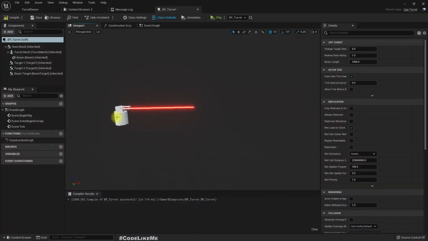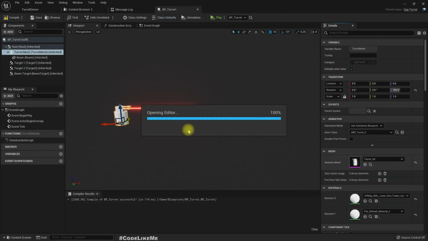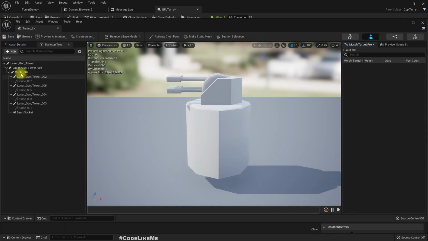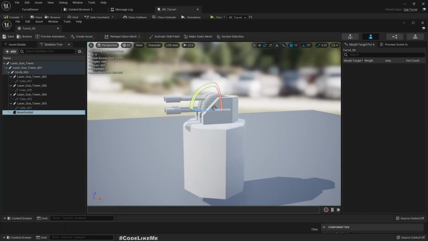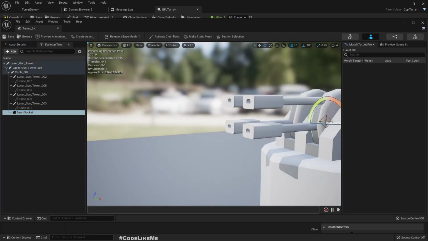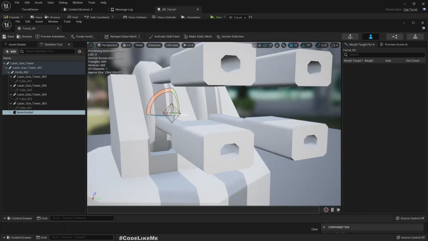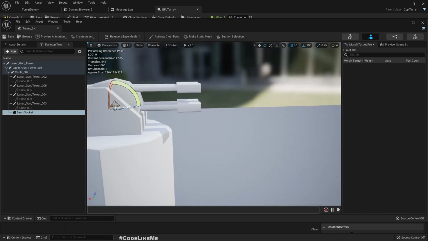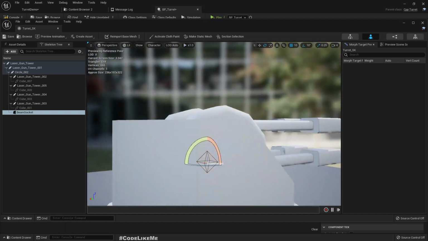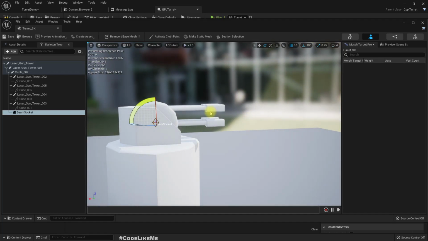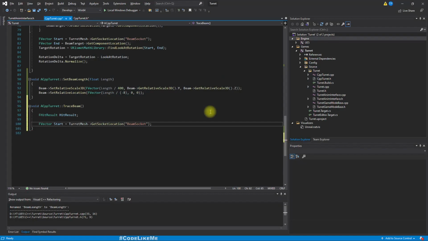Let's check to be sure. Oh, if you don't remember, this one, beam socket, this is the starting point of the trace, and also it is already inside this object, so we will have to ignore the self object in the line trace as well, which we can do with collision parameters. That's the start